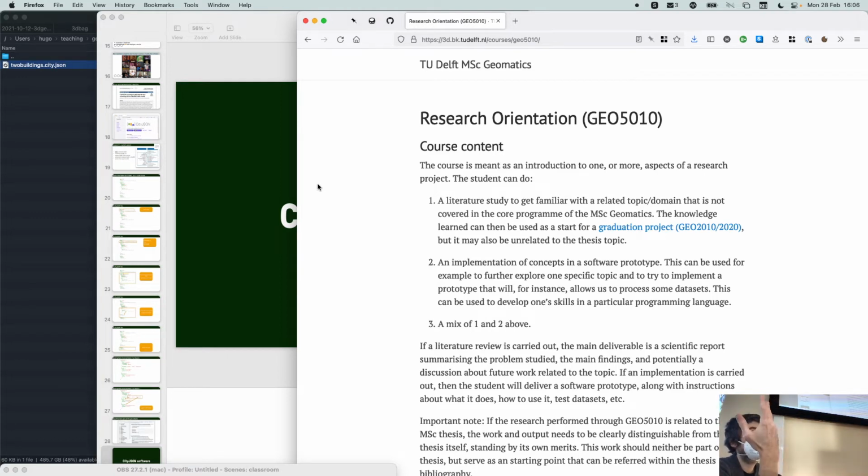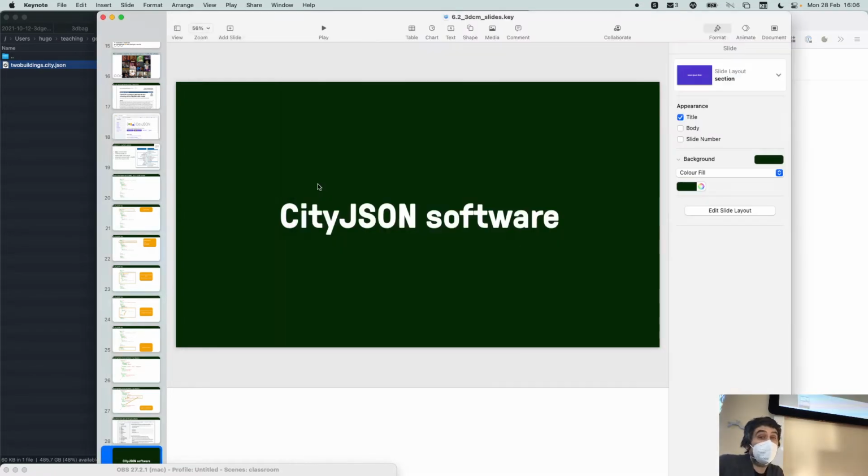So if you only have 2 ECTS or 1 that you need to get somewhere, that's an easier solution. Every year we have maybe 3, 4, 5 students who did it, and some of them helped us develop software for CityJSON in the last few years. They kickstarted projects that we finished. At least for me, that was super useful, and also for them, they contributed to something that people are now using.